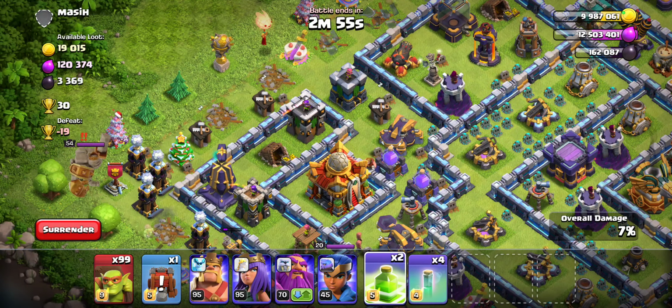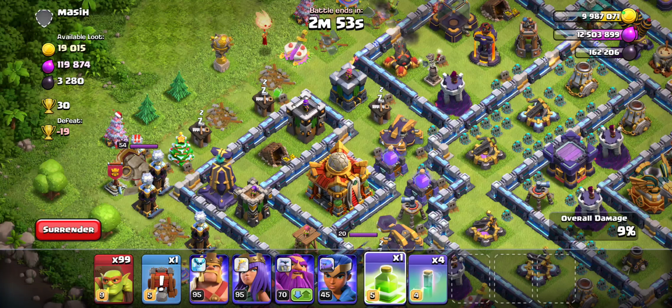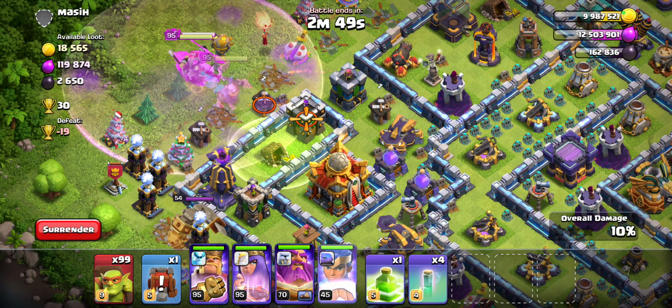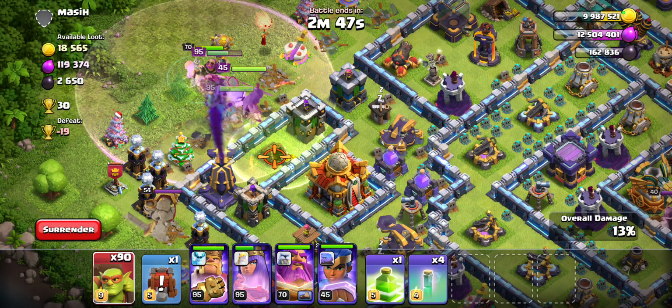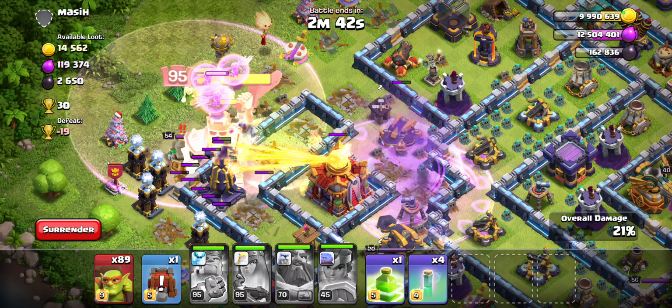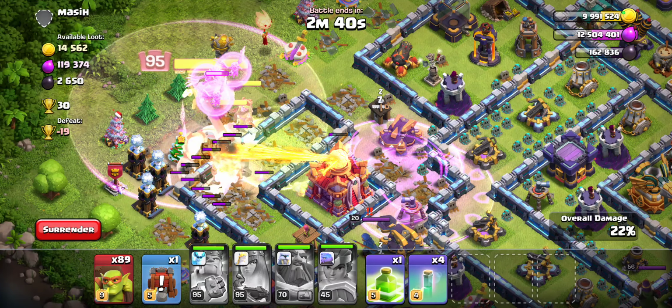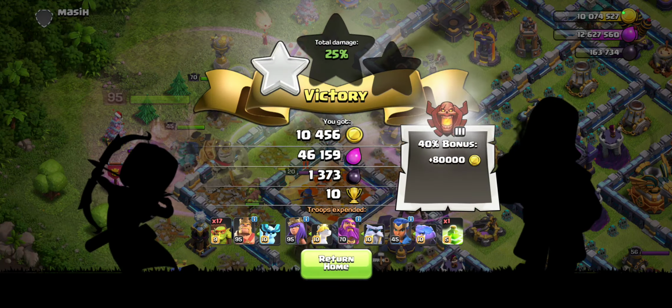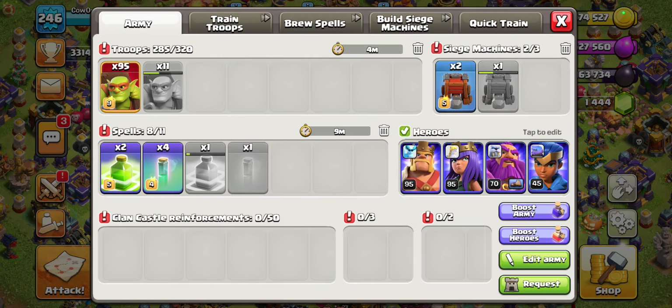So here we have another easy base here. I'm going to drop the jump. Not going to waste my wall wrecker here. Mostly because, oh, it locked onto my queen. My queen took a bunch of damage. I forget what I was saying. But we don't really have to...